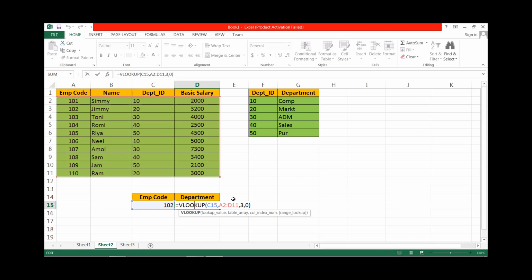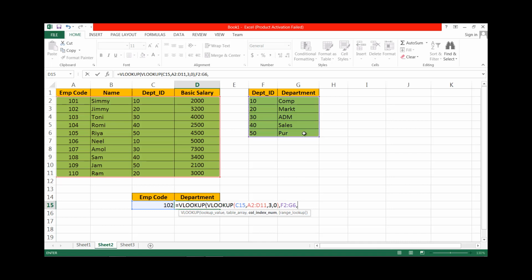Therefore how to use nested VLOOKUP? It is a very simple task. Just keep this VLOOKUP as it is. Apply one more VLOOKUP as an outer VLOOKUP. It is the inner VLOOKUP. Then all this value is the lookup value. Then use a comma. Now we want to search the value from this table, therefore select this range.